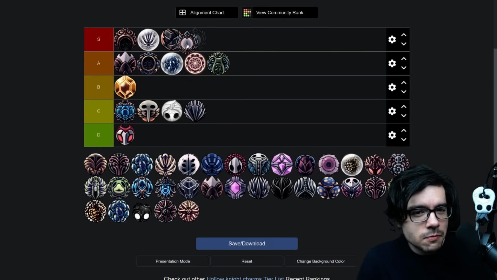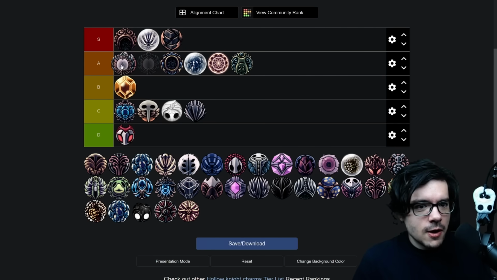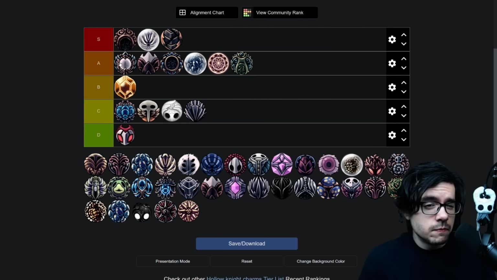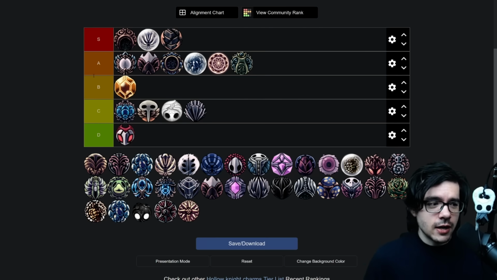But I think it's probably overall a little bit worse than Mark of Pride, at least in the end game. Arguably in the early game, Spell Twister is better than Mark of Pride, but I would say this goes in the top of A tier. So, as I said in the last charm, it reduces your soul cost of spells from